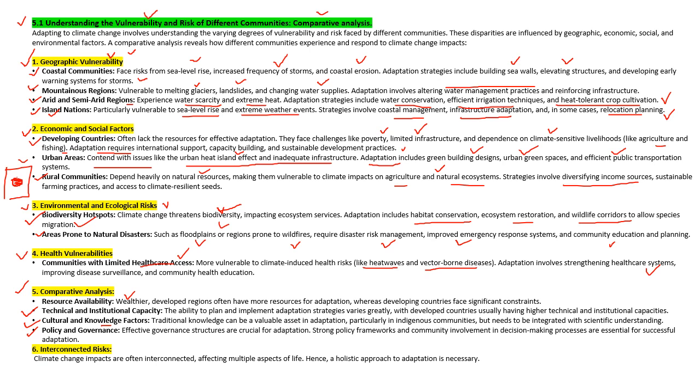And now the interconnected risk. The climate change impacts are often interconnected, affecting multiple aspects of life. Hence, a holistic approach should be adopted. So this was all about the understanding of vulnerability and risk of different communities. And the next is,